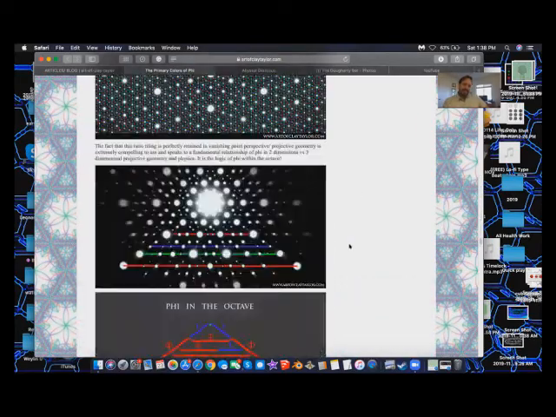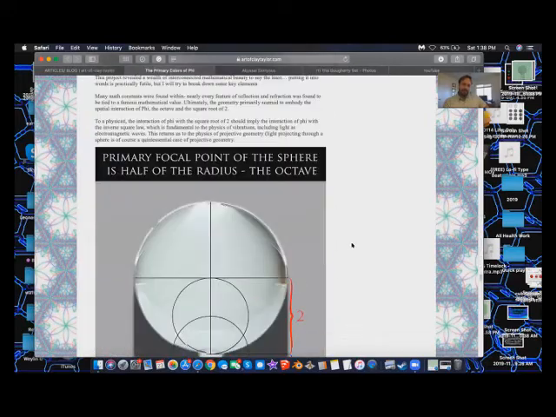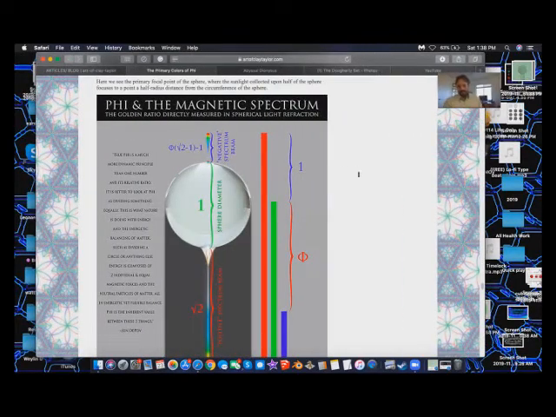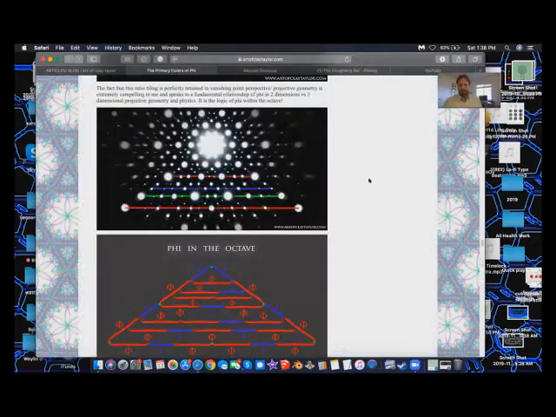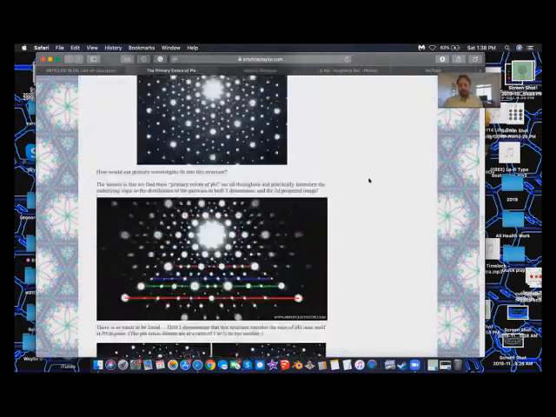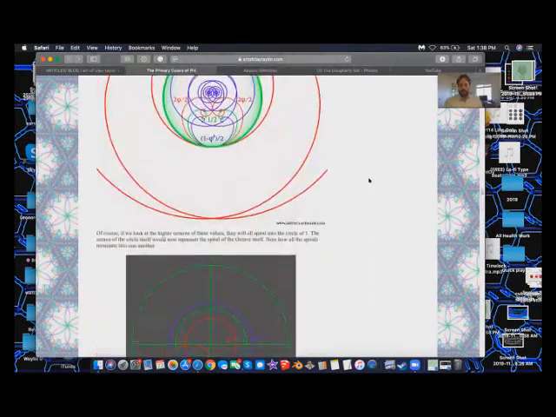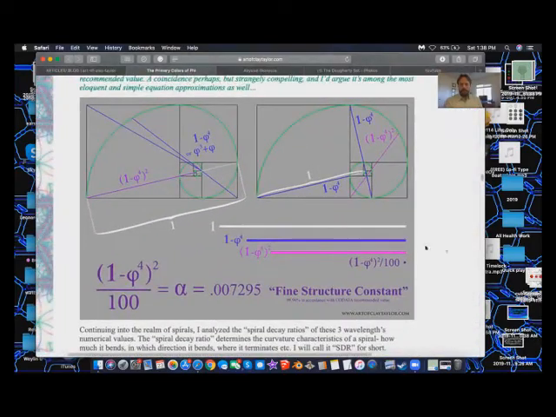I kind of tripped upon that in all these equations, and I was like, oh, there's a fine structure constant. To a high degree of accuracy, it's not perfect to the CODATA value. So where I put that in the article, it's almost like a side note. It's an intriguing correspondence. It makes me think.